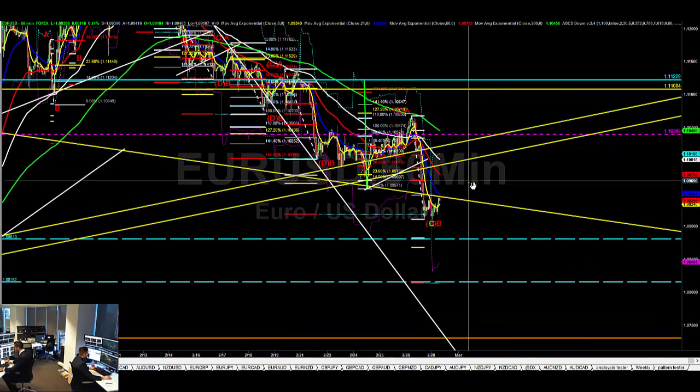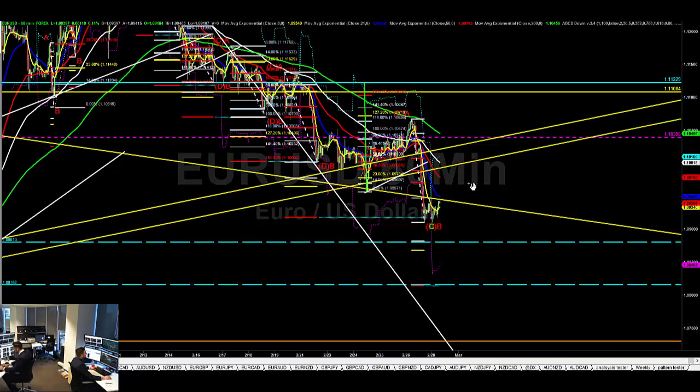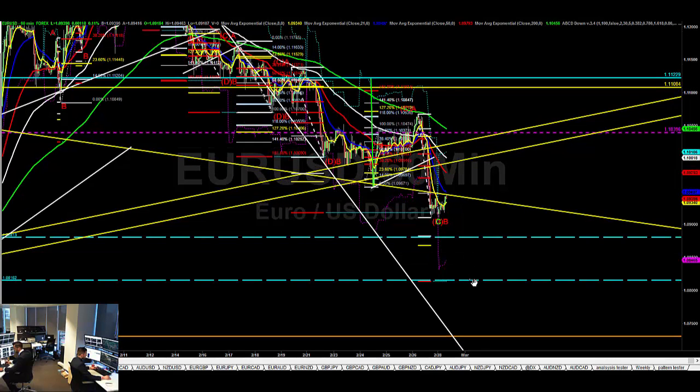So yes, a pullback's expected, maybe back up to 109.70. If it went back up to retest 109.70, I like that again to sell this. But you'd imagine that this just goes sideways, maybe has a bit of a holding day today, and the next level down for me on the 60-minute time frame is down at 108.20. So I've got that as another good level. So maybe that's the one that's going to be untested. So I think maybe a pullback into sort of the 70-80 area,